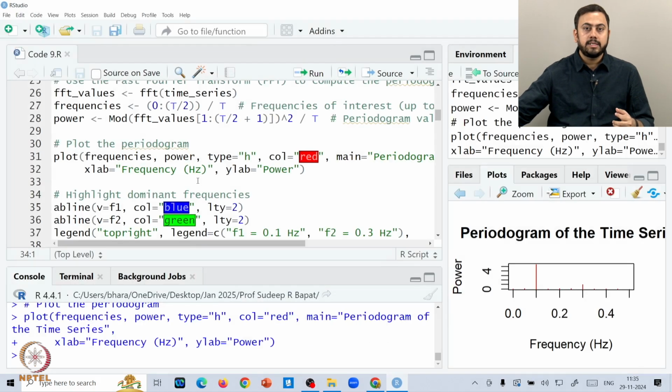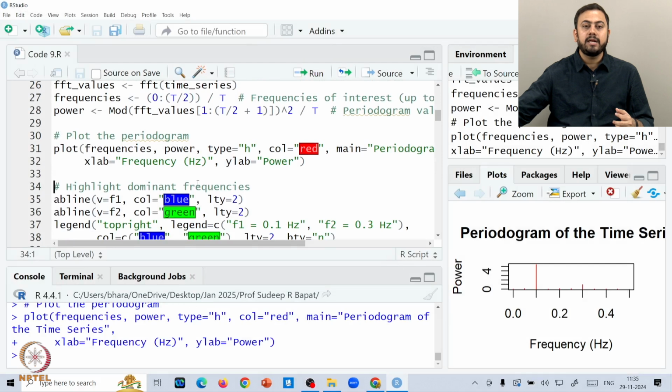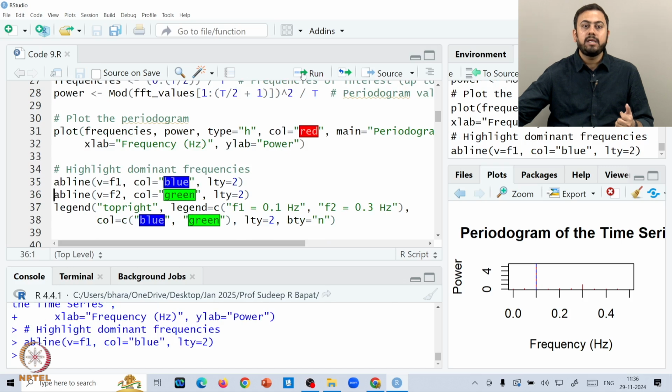Let me close this. One can actually highlight the dominant frequencies also, just for some clarity. One can highlight the peaks. So, the first highlighting vertical line would be at f1, the second at f2. So, abline with v equals f1.